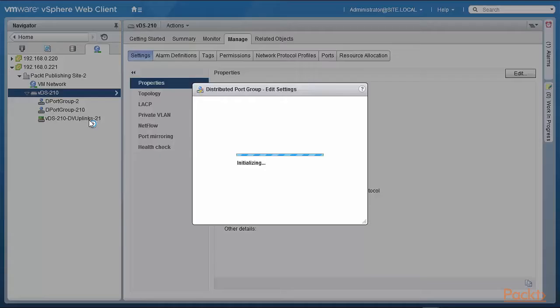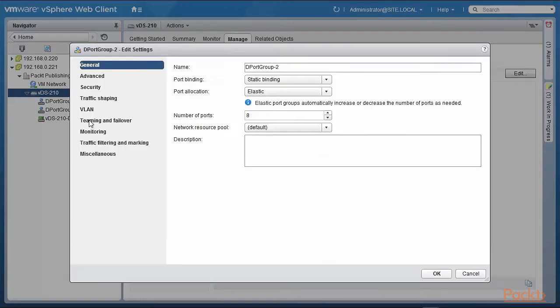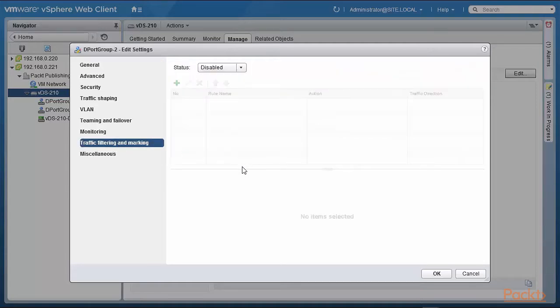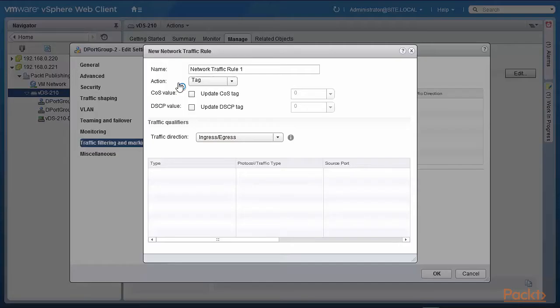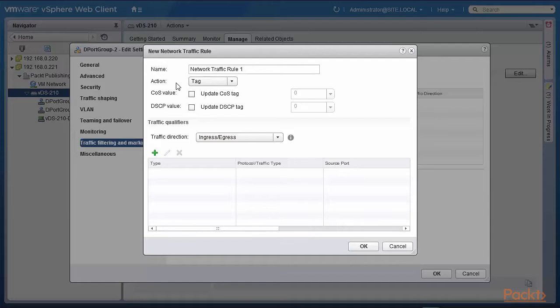I right click on that, edit settings, and we see traffic filtering and marking right here. I'm going to click on that. Its status is now disabled. I am going to enable the status first, and now we have the ability to create a traffic rule. So I'm going to call it PACT